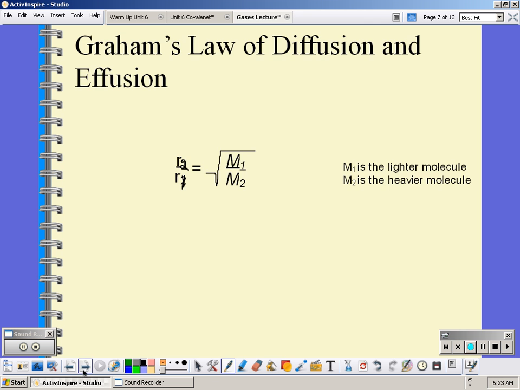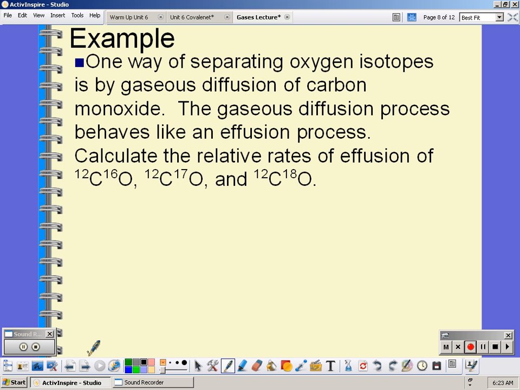Alright, so one way of separating oxygen isotopes is by gaseous diffusion of carbon monoxide. The gas diffusion process behaves like an effusion process. Calculate the relative rates of effusion of, and then it gives us 3 sets. So 3 sets of isotopes, we're going to calculate the rate of effusion 3 times. So if we look at our first set of isotopes, if we figure out the molar masses,